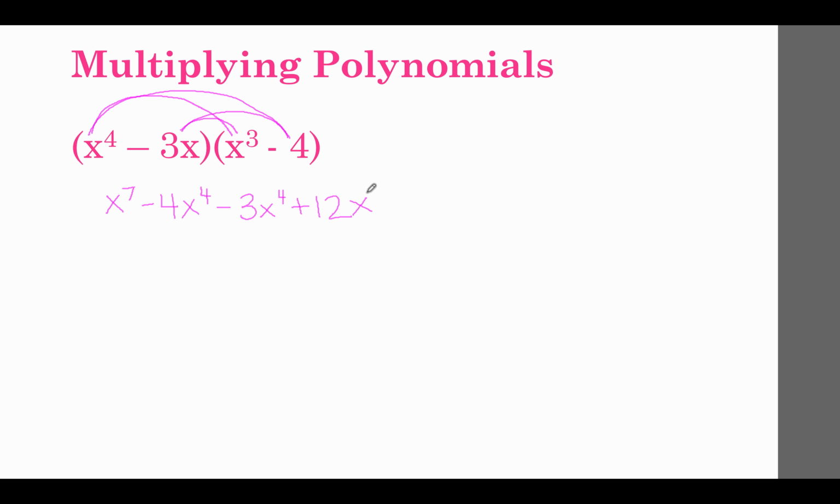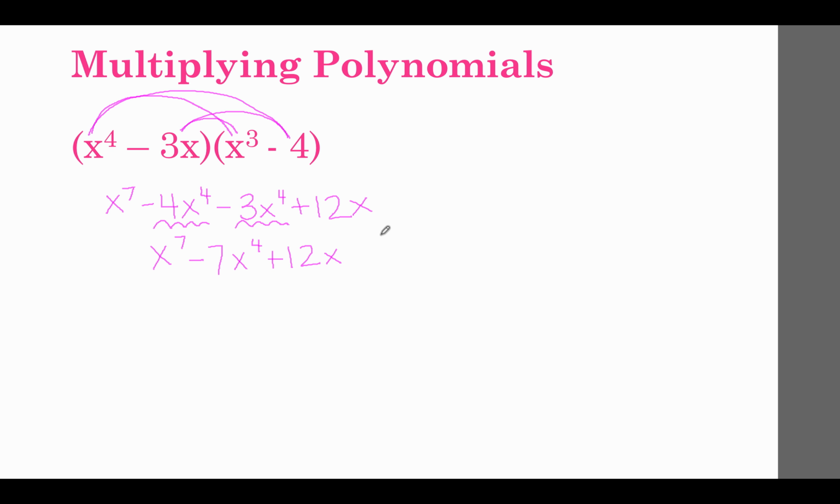Once we've multiplied this out, now we're going back to adding and subtracting. Notice how we have all plus and minus signs, so it's no longer multiplying. So basically what I'm doing is I'm combining like terms. I'm going to start with the largest exponent, so x to the 7th doesn't have anything to combine with, so that will stay. However, these two terms are the same, so I'm going to be doing negative 4 minus 3, which is a negative 7, and their like term is x to the 4th, and then we also have our